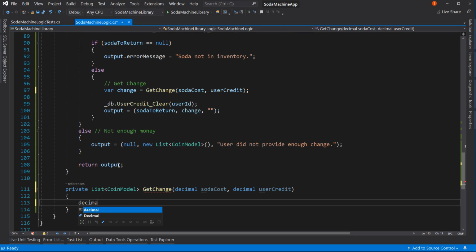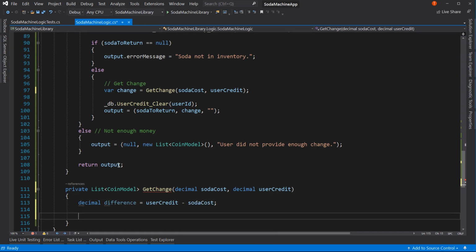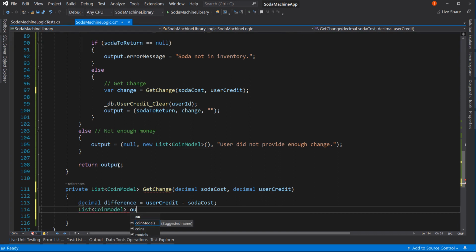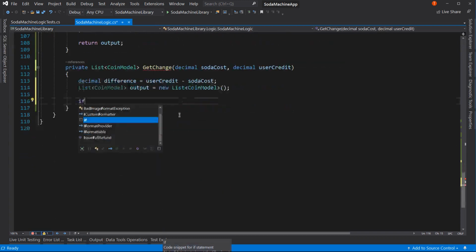So let's start with decimal. Let's call it difference equals user credit minus soda cost. All right. Now, we're also going to have a list of coin model. We'll call it output equals new list of coin model. And we're going to say if, let's